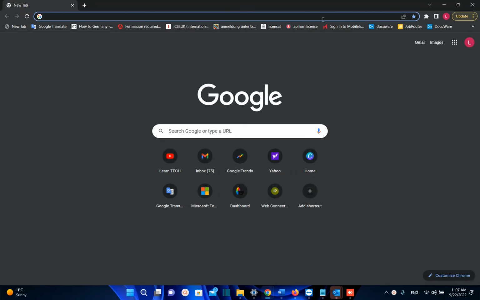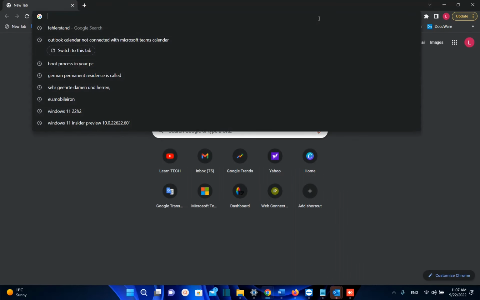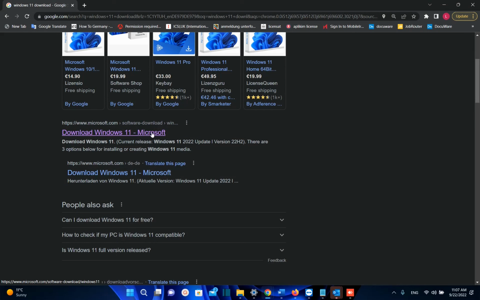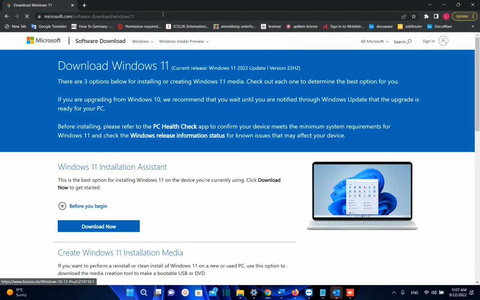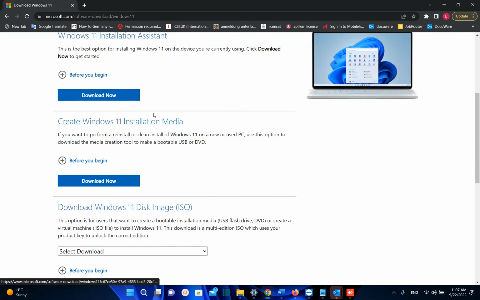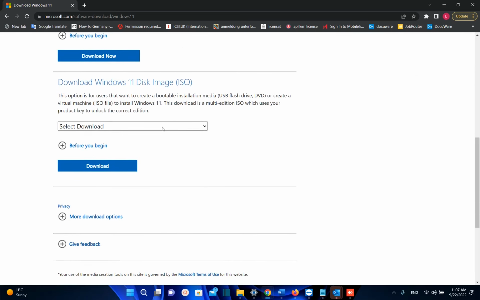But in case you want to download the ISO file of Windows 11 22H2 version, you just have to search on Google "Windows 11 download" and click this link here, Download Windows 11, and you will come to this web page. But I will put the link in the description below so you can come directly to this page of Windows 11. And once you are here, you just need to scroll down to the end where it says